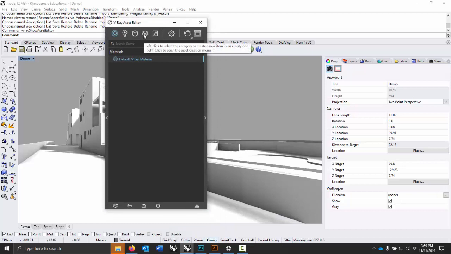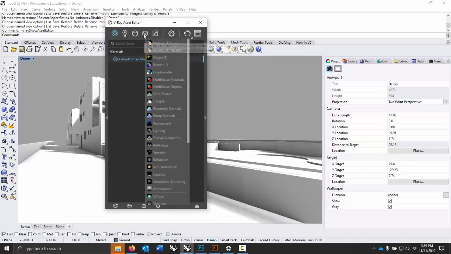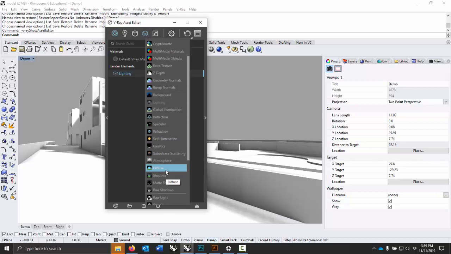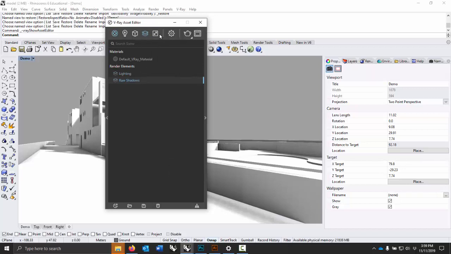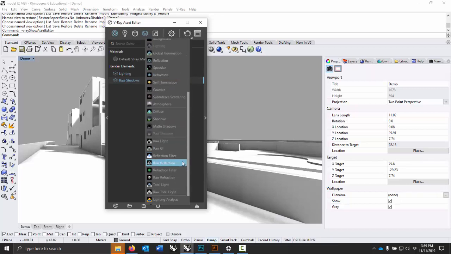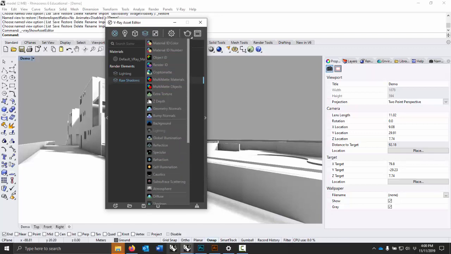To add render elements, you just right-click on this, and you can just go in and say, okay, I want the lighting, I want the diffuse, which is color. You might say I want shadows, or I want matte shadows, or raw shadows. So you can look at what some of these options are. Some of them are useful, and some of them aren't. One thing that's really useful sometimes is